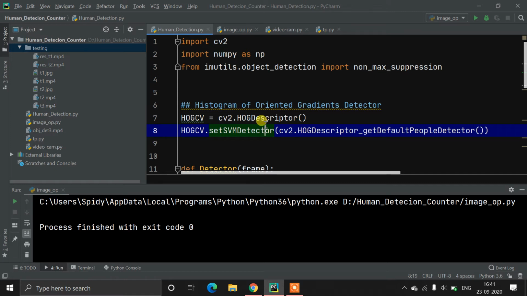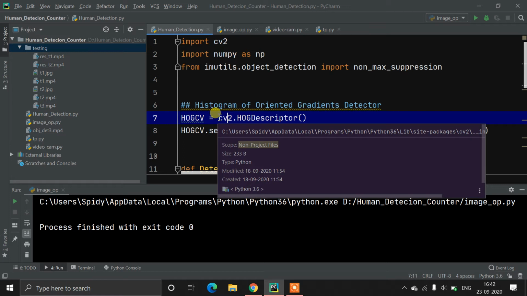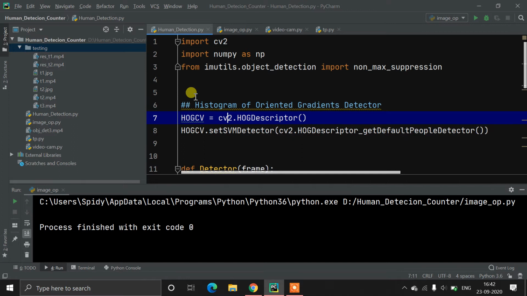I'm not going into very deep details, I'm just telling you, if you know the Haar cascading technique. In Haar cascade, we are creating one XML classifier file for a different type of object. There are already Haar cascades available for number plates, humans, car detection, face detection, cat face detection. There are lots of Haar cascades available. Now we are doing the same thing, detecting also. Our concept is the same, but we are using a different type of algorithm. We are using a histogram of oriented gradients.